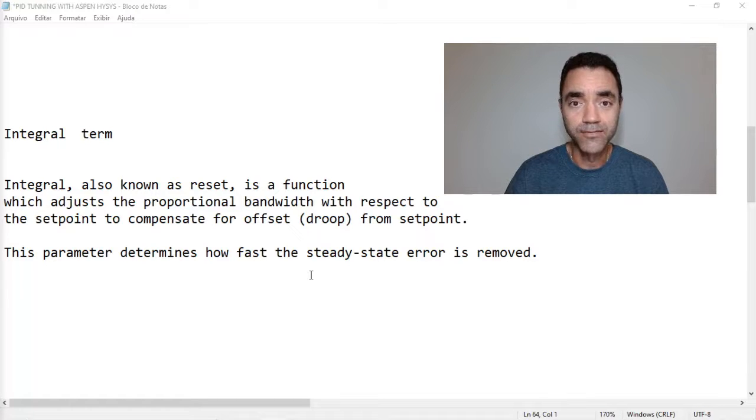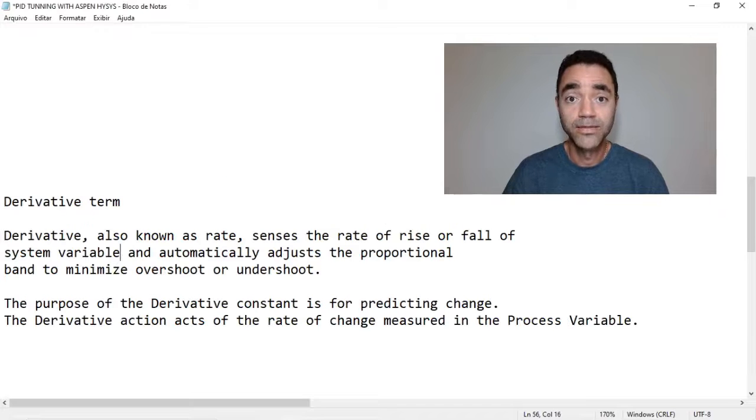So we can have seconds per repeat, and that changes everything when we are doing your PID tuning, because the value that you are adding is the opposite. So it's very important to be familiar with that in order to be able to fill the correct values at the correct place. In talking about the derivative term, also known as rate,